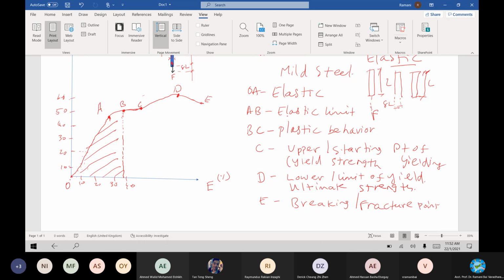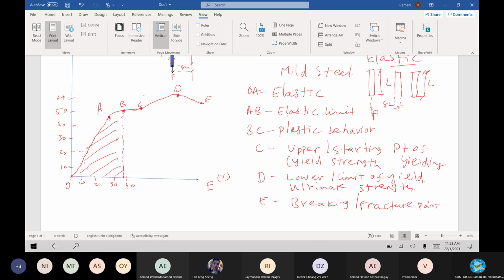Okay, what's happening here? When you increase the load, the strain increases, right? There's a straight line, almost a straight line behavior shown. But all of a sudden there is no increase in load, maybe a minor value, but the strain is getting increased. That means what? Elasticity stopped, plasticity is going to start, the deformation is going to start. Only mild steel or ductile materials will indicate this, brittle materials will not.